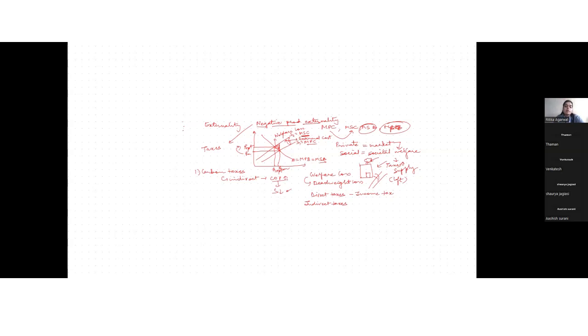The second one is that the government can give out tradable permits. Anybody who wants to say something about tradable permits, what are these? Shaurya, anything? Don't know. Okay, fine. So tradable permits are permits that the government gives, deciding who will pollute more and who will pollute less.